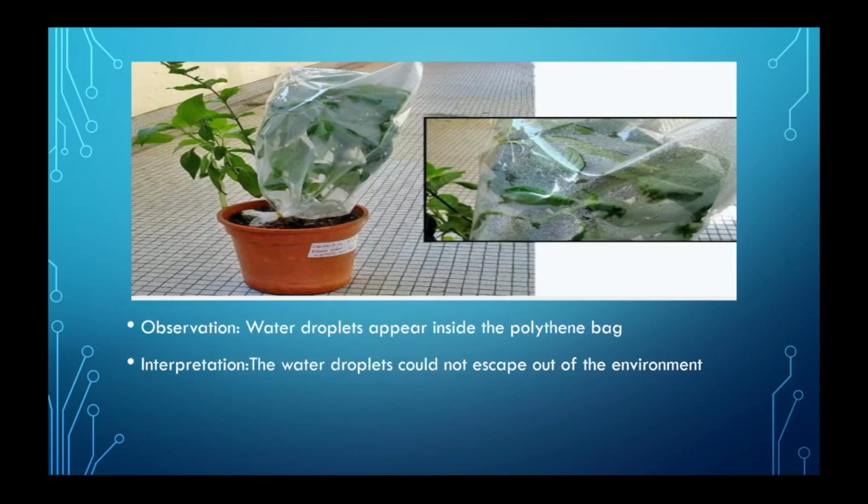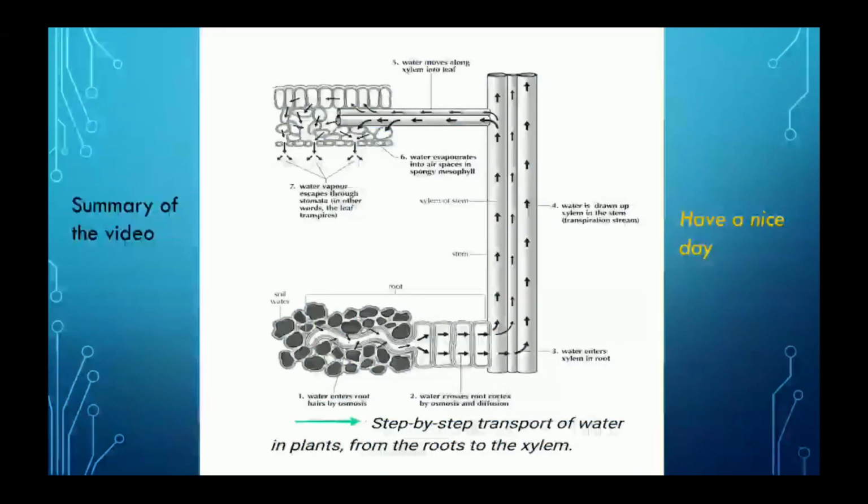Is it okay? So here at the last, you can see the summary of the whole video, of how water from the soil reaches the root hair, then the subsidiary cells, or we can say adjacent cells, and then the pipe-like structure. What is it? Xylem. And then from xylem it reaches the leaves, and from the leaves it reaches the lower surface of leaves, which have more stomata, and from there water escapes out into the atmosphere.